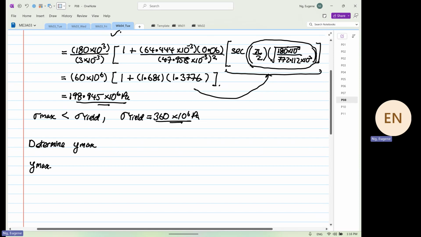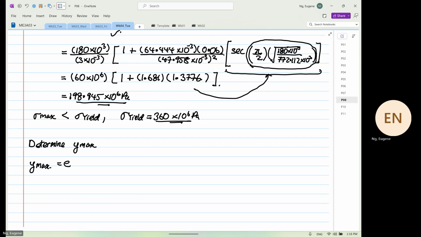So Y max is equal to E bracket secant square root of P over EI multiplied by L over 2, all these within the secant, and then minus 1 square bracket. Okay, so I'll write this out. So this will be equal to